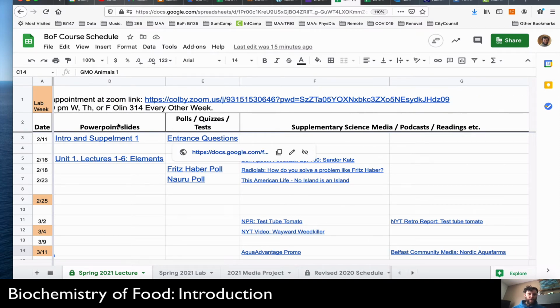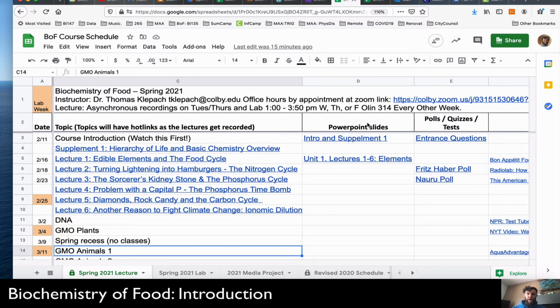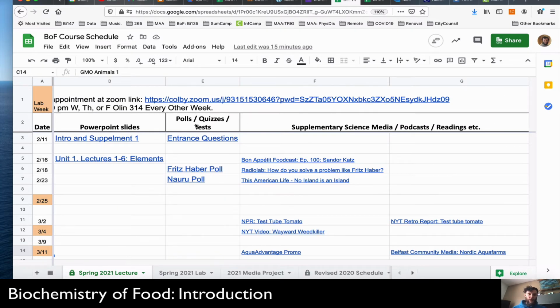The next column, so all PowerPoint slides will be in this column. The next column over is polls, quizzes, and tests. So there will be links to polls. This is the link to the Google form that is the entrance questions. I ask you to do that. I'll give you a week to answer those questions. And then these other links are to polls that I have set up just to get some feedback